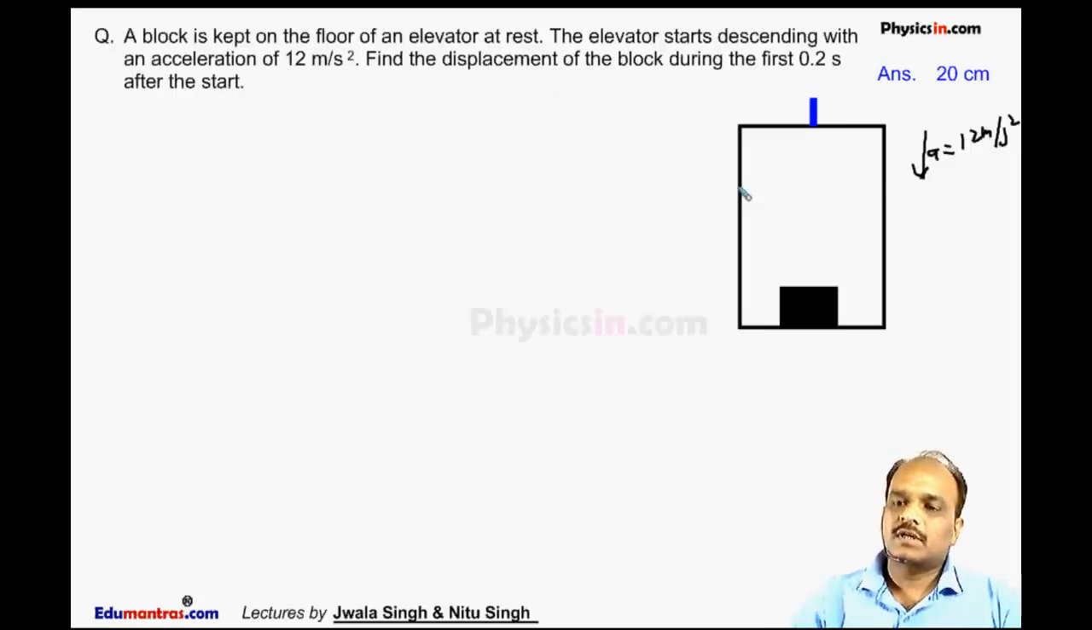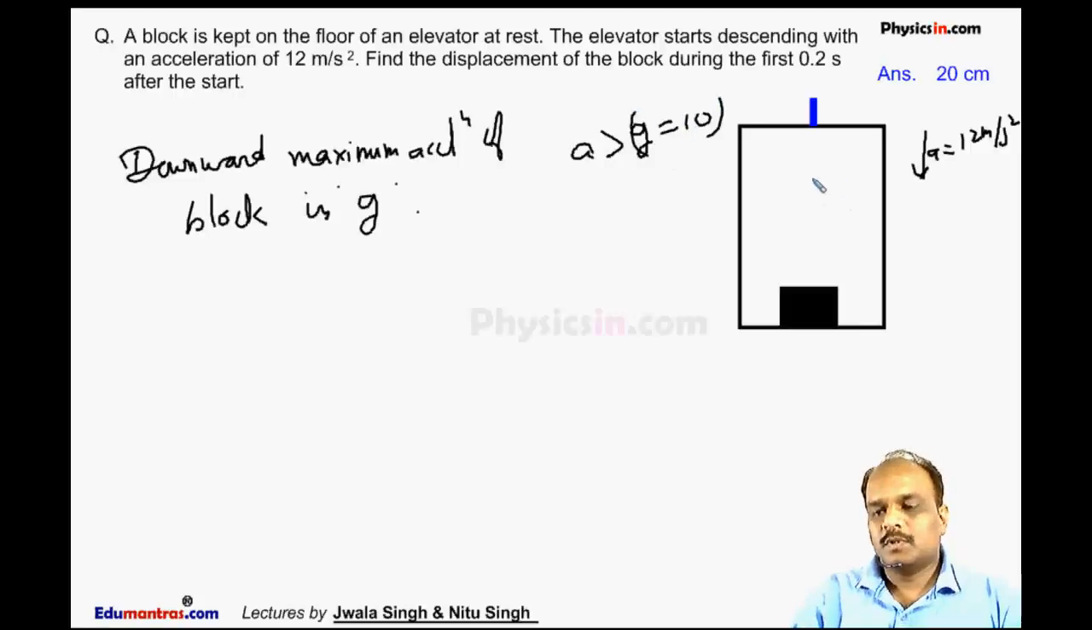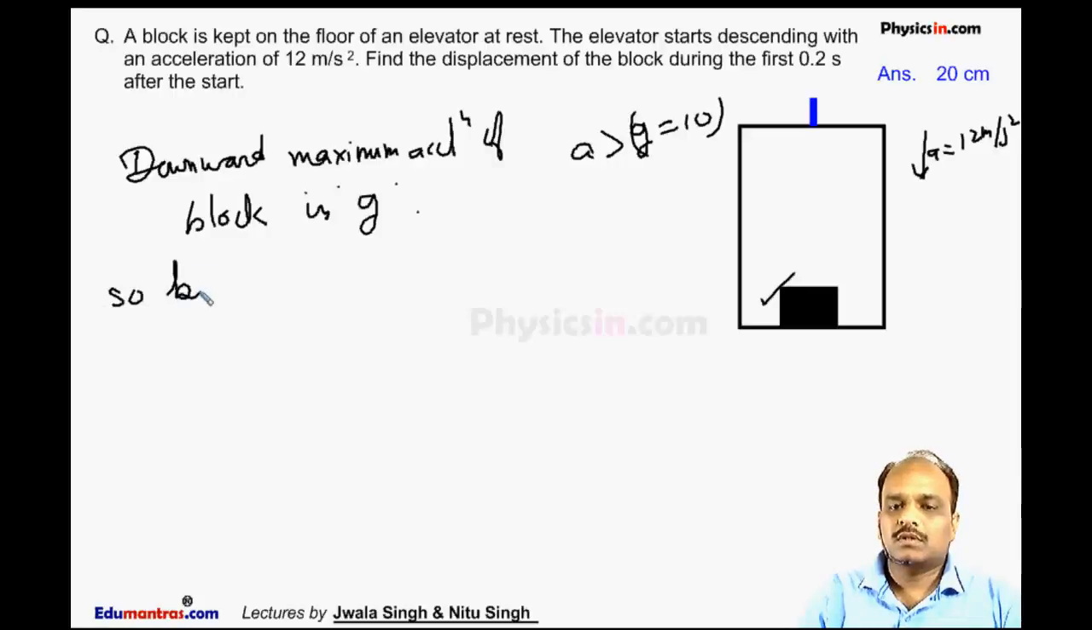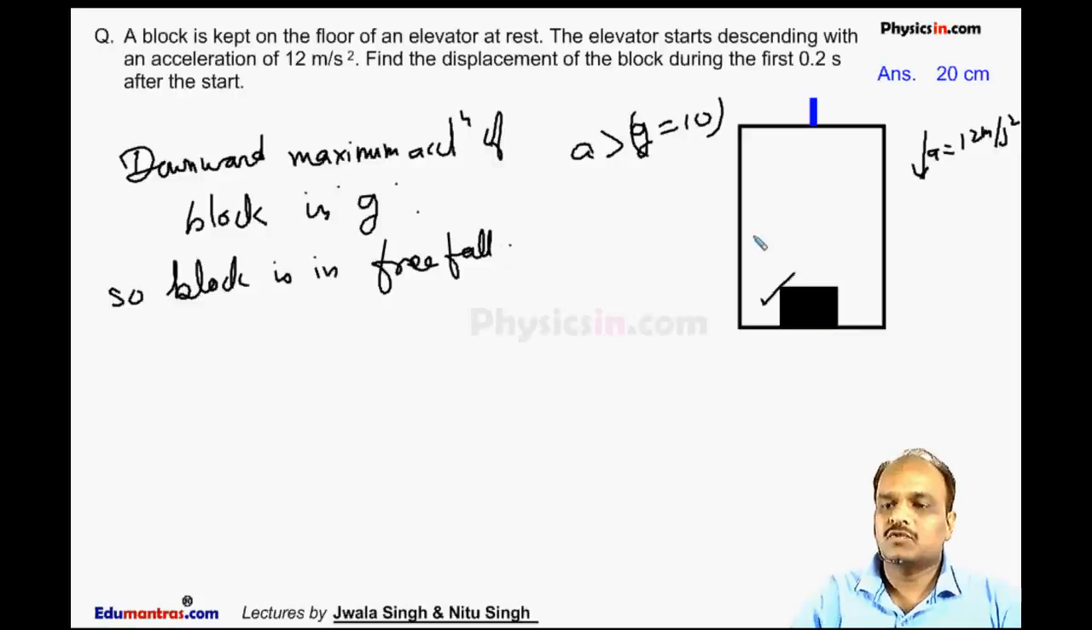Now if the acceleration of this elevator is more than g, that is equal to 10, if this lift starts moving downward with an acceleration more than 10, this block will be in free fall. So block is in free fall. Means it loses contact with this elevator, and in that situation the acceleration of this block is only 10 meter